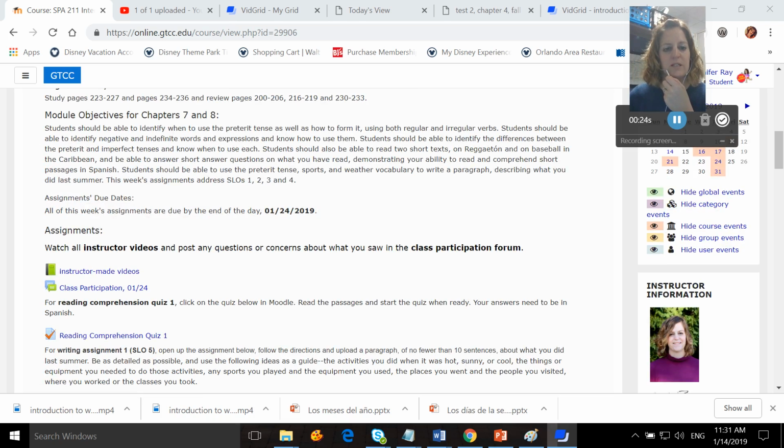At the end of this week, students should be able to identify when to use the preterite tense as well as how to form it using both regular and irregular verbs. Students should be able to identify negative and indefinite words and expressions and know how to use them. They should be able to identify the differences between the preterite and the imperfect tenses and know when to use